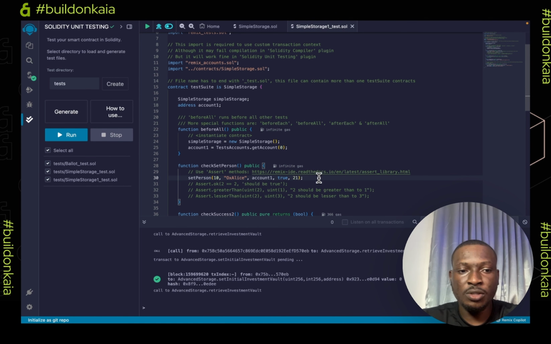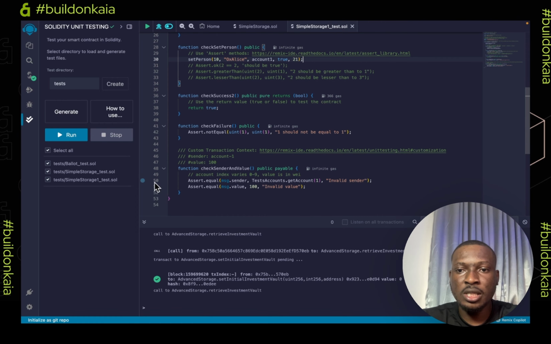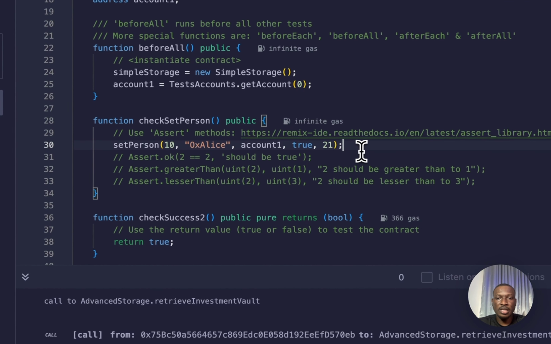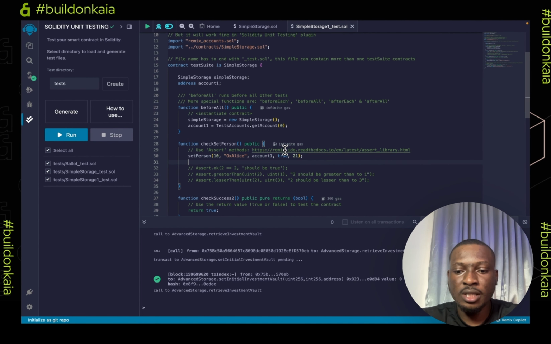So the next thing we want to do is check each of the values of the struct to see if indeed they have been initialized. To do that, we'll be using assertions. There are different types of assertion provided by the Remix test framework. So the first thing is to